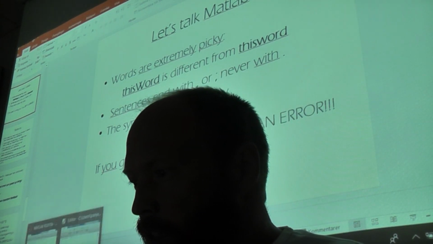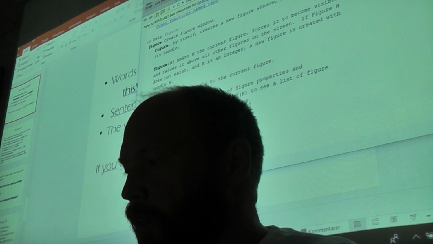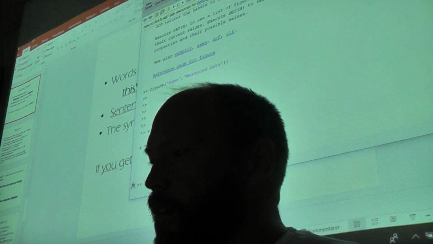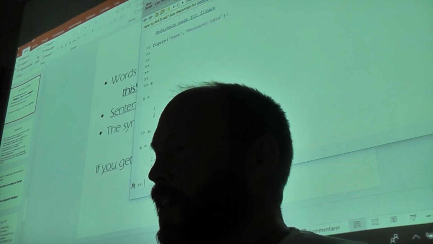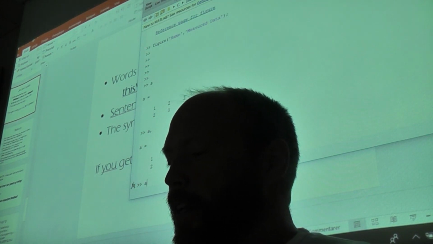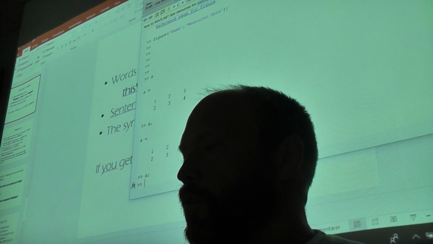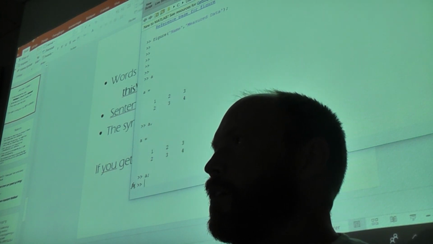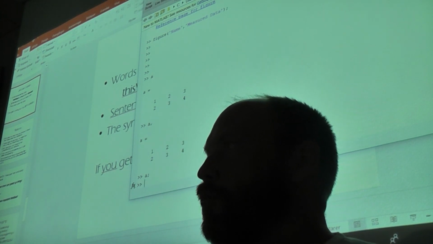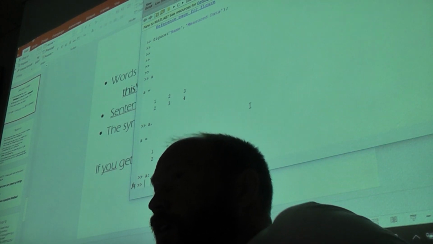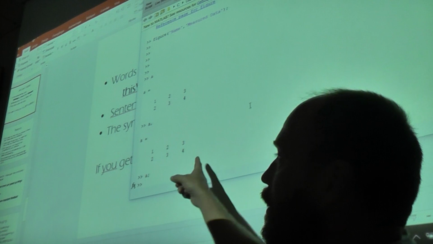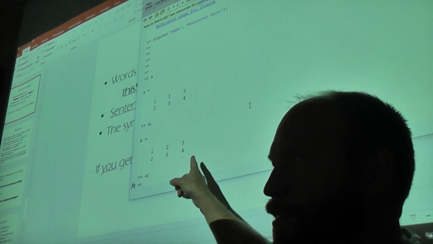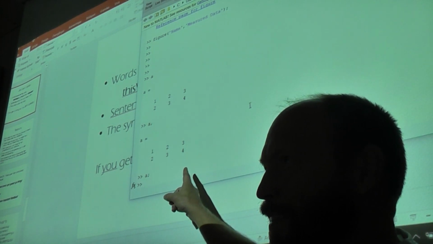So you can see that if we do like this, A will give you what's in A. A comma will give you the same thing, but A semicolon won't give you anything. And as we said before, Matlab is good at using large data structures, and printing to the command window actually takes quite a bit of time.